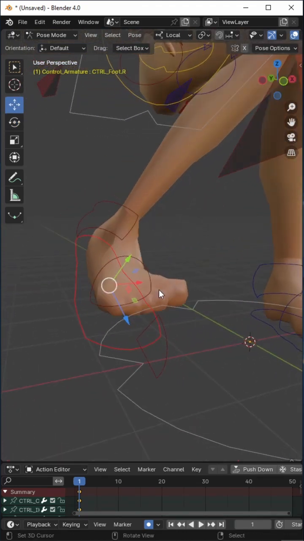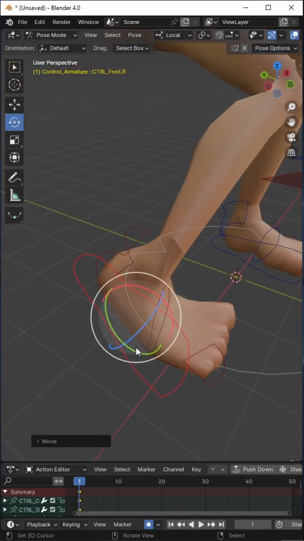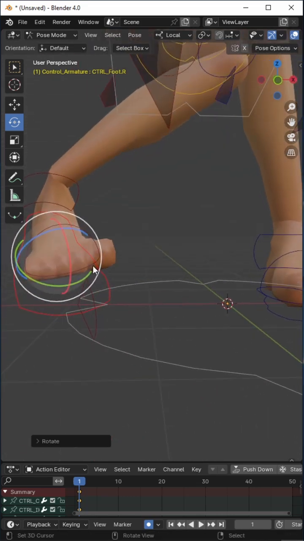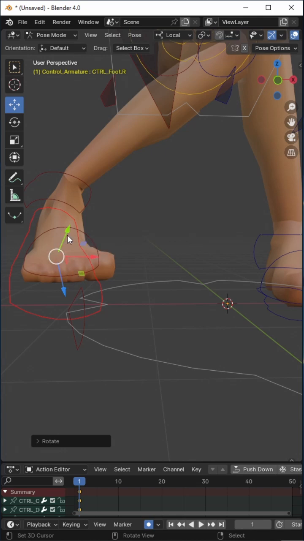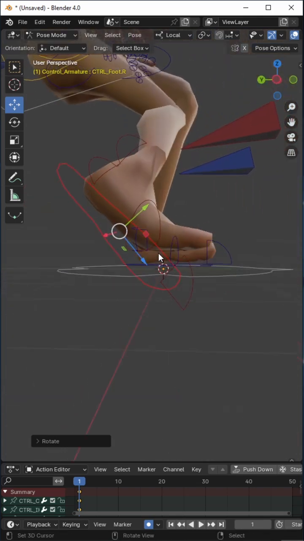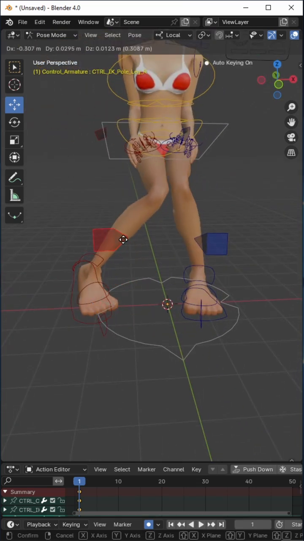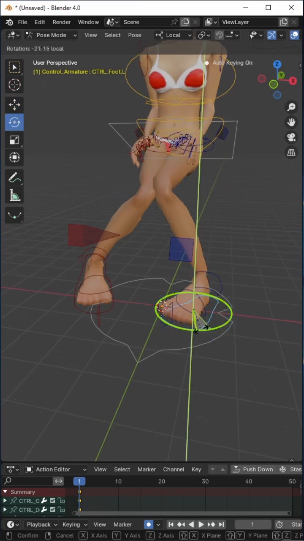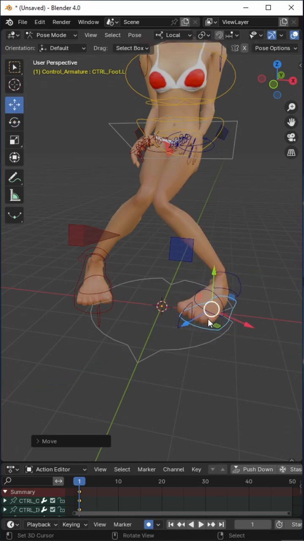So let's say the avatar might be sitting on a stool, slightly askew. Keep the foot level with the ground. And we can see that